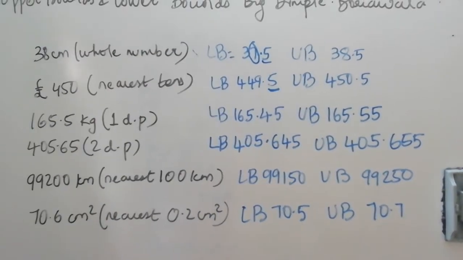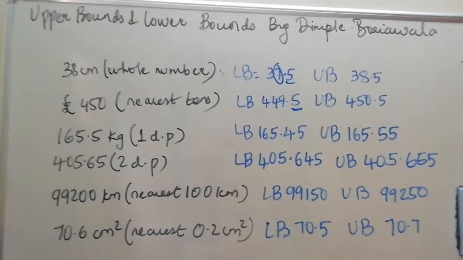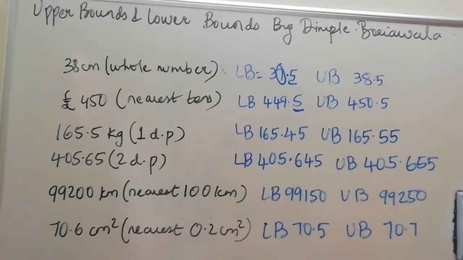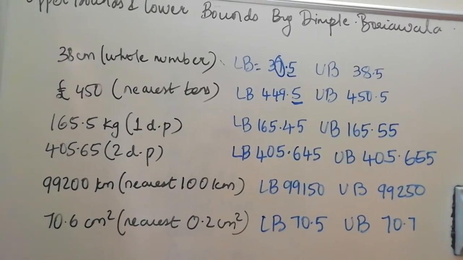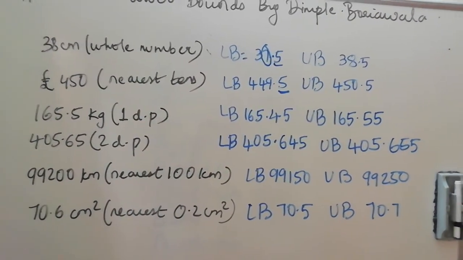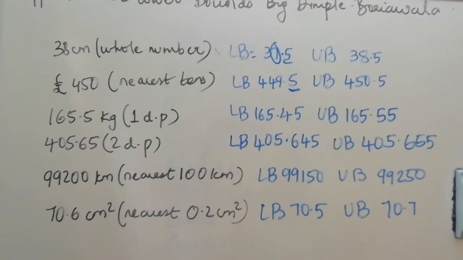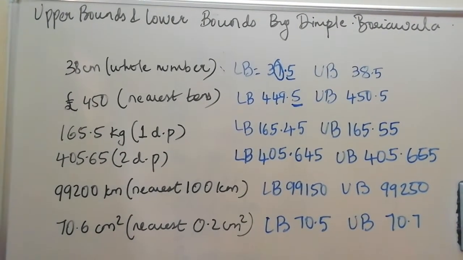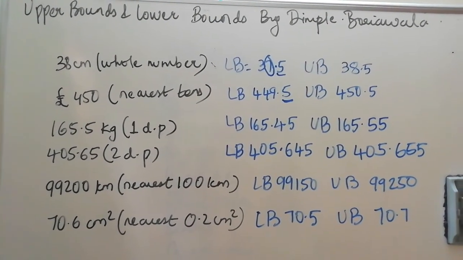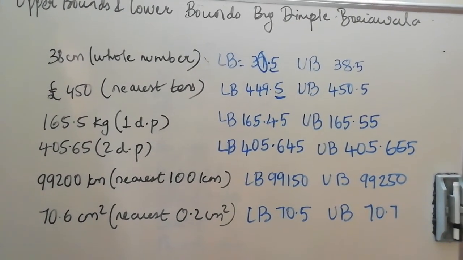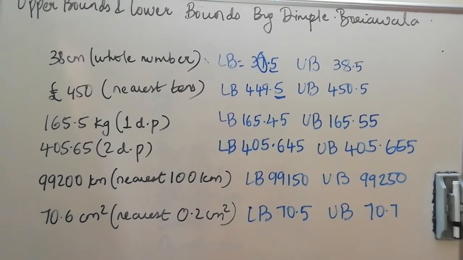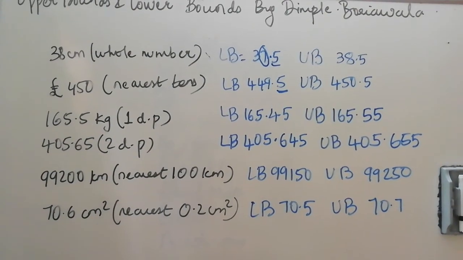Always remember, in certain questions you will see that they have asked only for lower bounds or only for upper bounds. Whenever you have to find upper bounds, do not find it directly. First find the lower bound and then find the upper bound, because upper bound is a little bit tricky. When you get your lower bound, finding the upper bound is very easy.